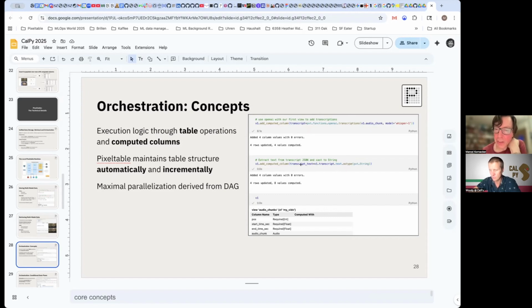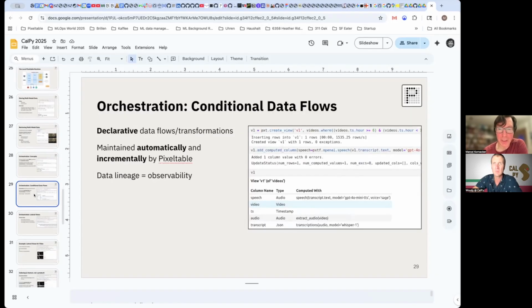So here we have a string column with just the transcription text. And so when you look at the bottom here, when you look at the schema for that view, you see, whoops, it's got cut off, and we actually don't see the transcript and transcript text column, but we will see that later in the demo. So little glitch here, but that's okay.